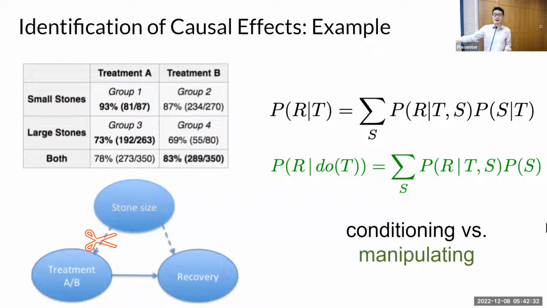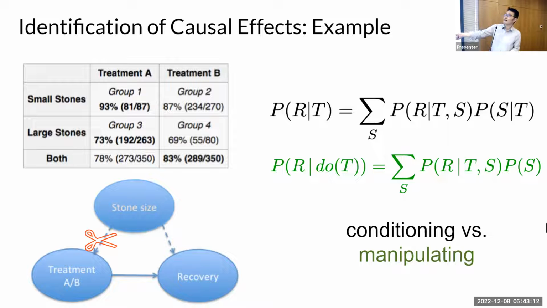Now, remember the definition of intervention. If you do intervention on treatment, you directly change this variable, only this variable, and you leave all the remaining variables in the system the same as before, at least for the moment, right? So you directly set this variable to either A or B. In other words, the original causal mechanism for treatment will disappear. That's intervention. You directly change the value of this variable, and then the original causal mechanism will disappear, meaning that there is no link here. They will be independent, right? If you do intervention, they will be independent.